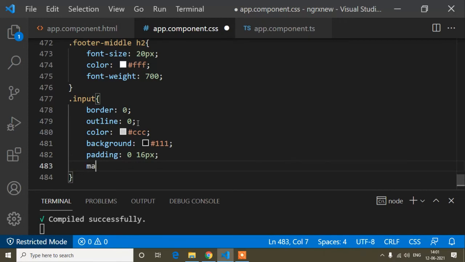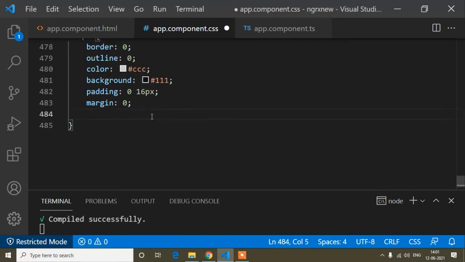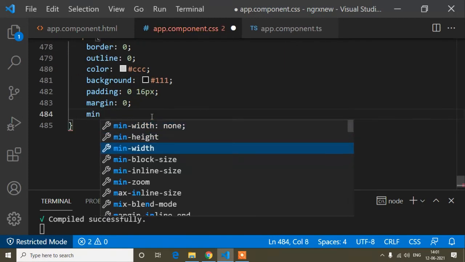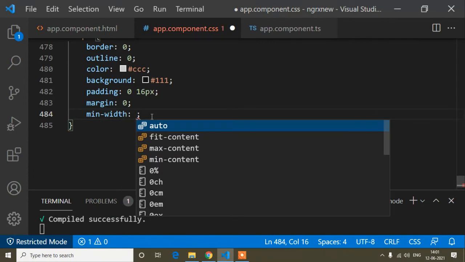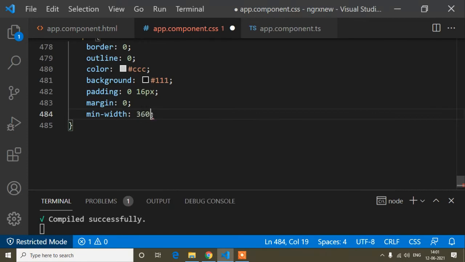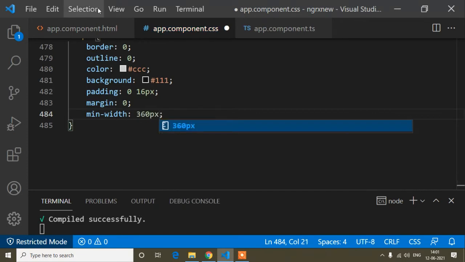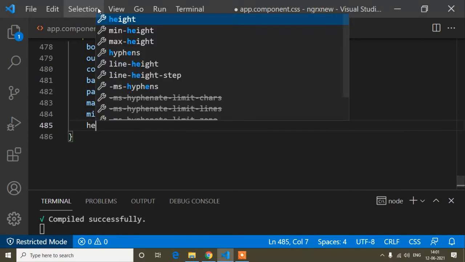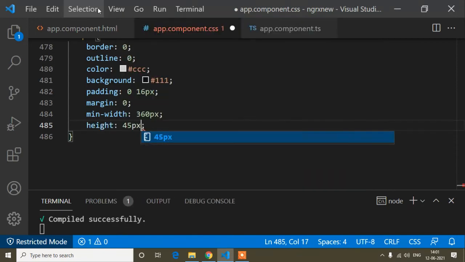And now margin is 0, and just a little bit scroll up, and after that minimum width. Minimum width, as the name says, means the minimum width of this input field will be 360 pixel. The height is 45 pixel.